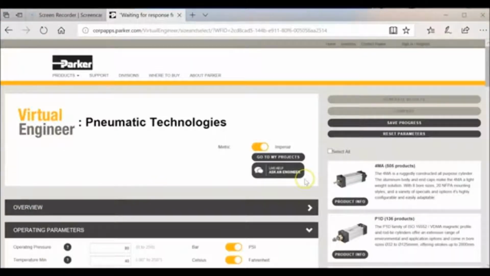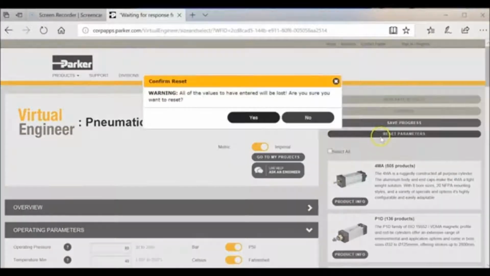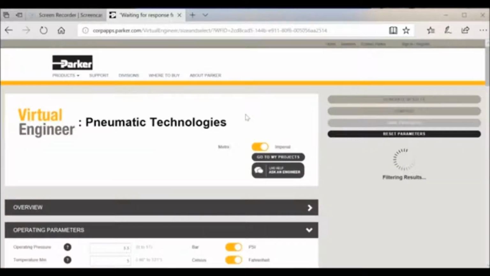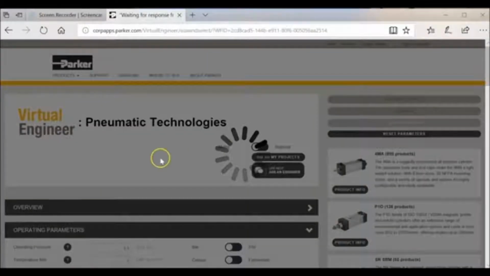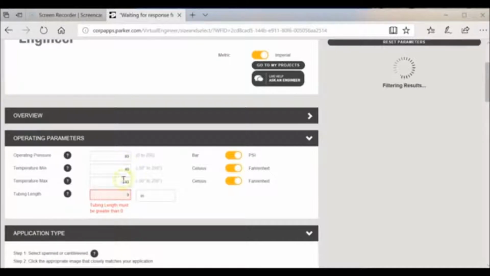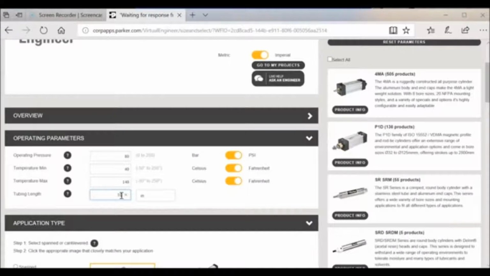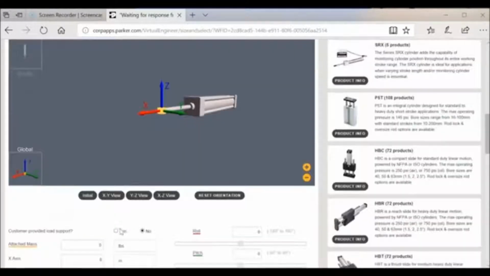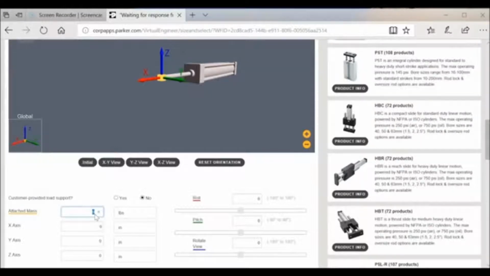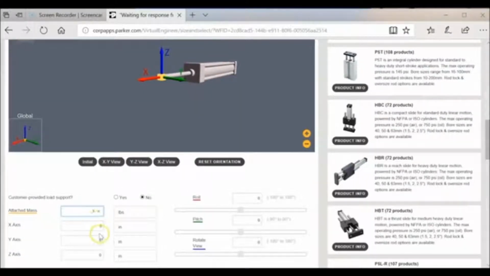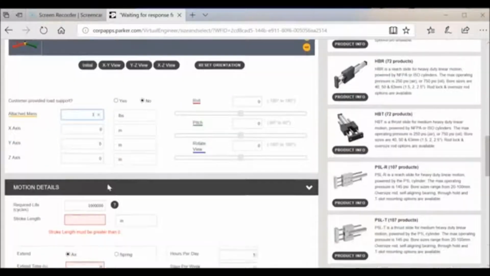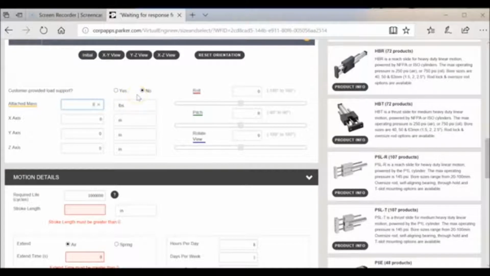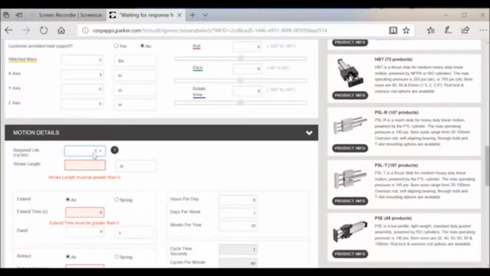So let's jump back into the virtual engineering tool and enter the application information. We'll reset the parameters first. And then at the top, I will toggle back over to Imperial. It is standard operating pressure and temperature with a tubing length of 10 inches. It's a cantilevered application, and the actuator is oriented horizontally, not vertically. It's a symmetric tooling plate that weighs 3 pounds, and there is no offset because it is symmetric. The customer is not providing a load support, so I would like Parker to recommend a guided system if it is needed. The required life is 5 million cycles